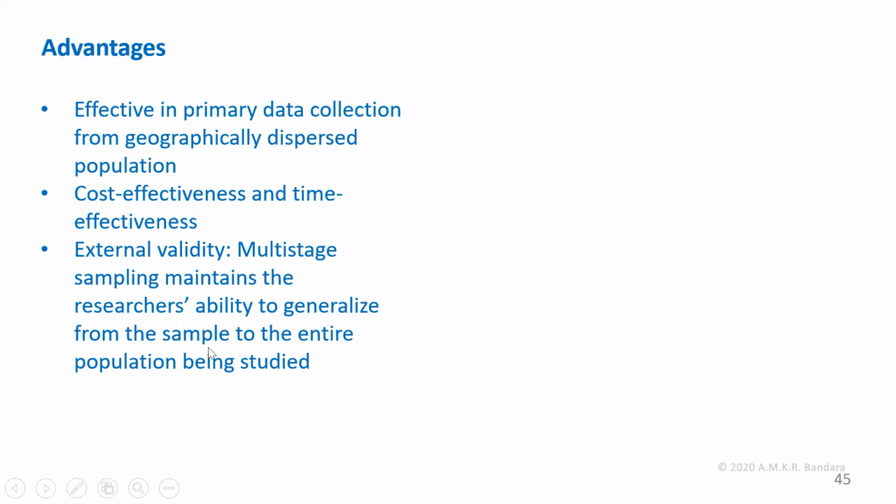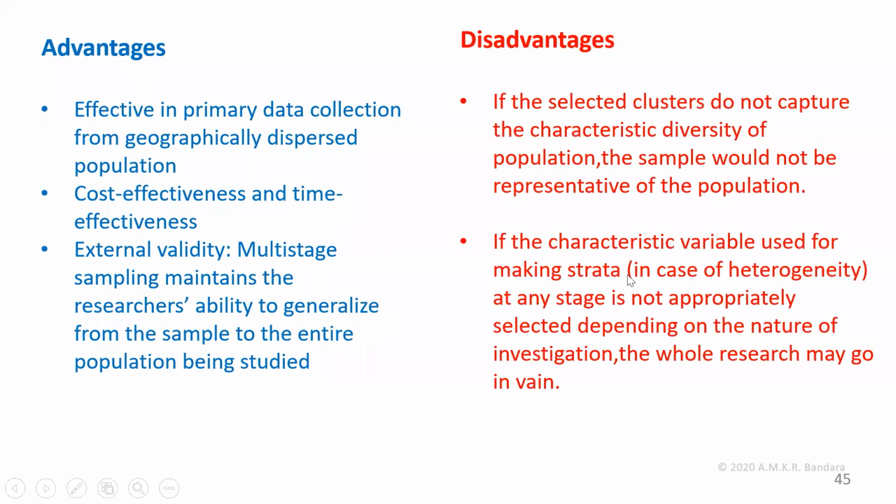Information taken from this method can be generalized because here we use several stages. In those stages, we can use the most suitable method to select the sample. As I told earlier, we can use the purposive method if there are no interested farmers in a particular province or district, or likewise.